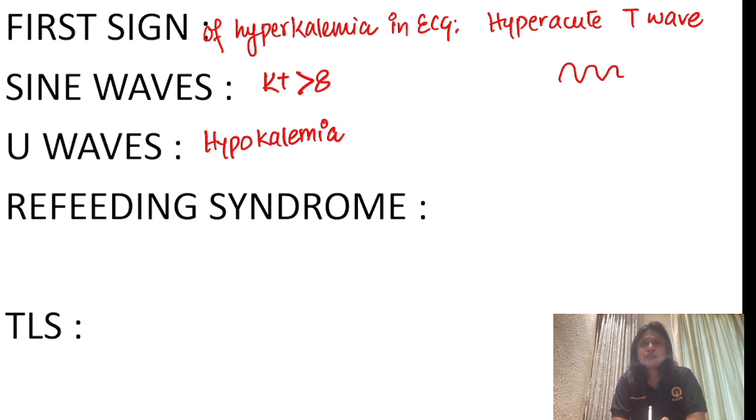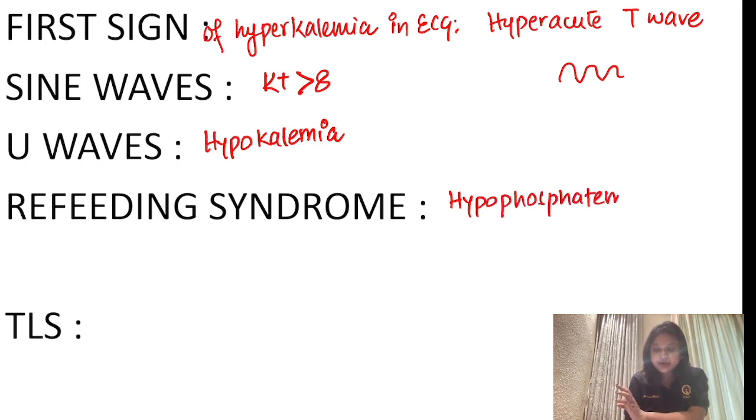You know, in a child with prolonged starvation or a child with NEC who was on NPO for a large number of days, or a child with SAM, severe acute malnutrition. So when you start feeding in this category of patients, what happens? There is increased surge of insulin and this results in a condition which is known as refeeding syndrome. What comes? You will be given a scenario. There is a child with severe acute malnutrition who develops the following electrolyte abnormalities. So what electrolyte abnormalities? We can have hypophosphatemia,